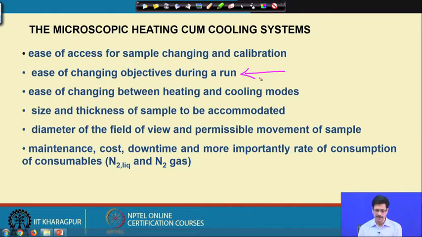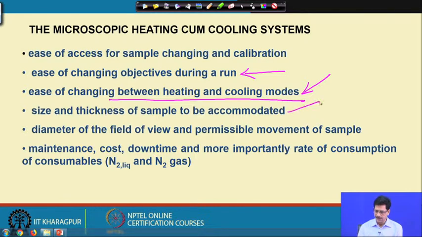hot and cold system that we will be using, and the ease of changing between the heating and cooling modes. For example, even though we have not considered the low temperature part, we are talking about temperature only, but as we know we need to do a freezing experiment on these inclusions also for knowing their composition, and then we want to change the mode from the inclusion that we froze. We won't immediately want to take a homogenization run on the particular inclusion. This kind of switching between the heating and the freezing modes should be very easy for us.